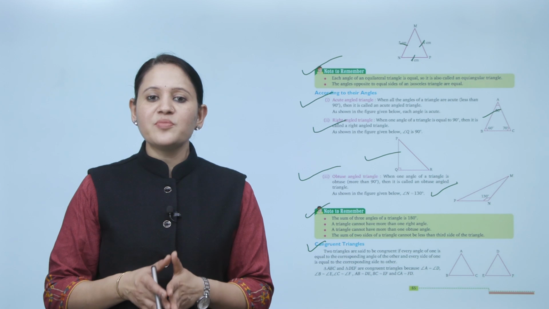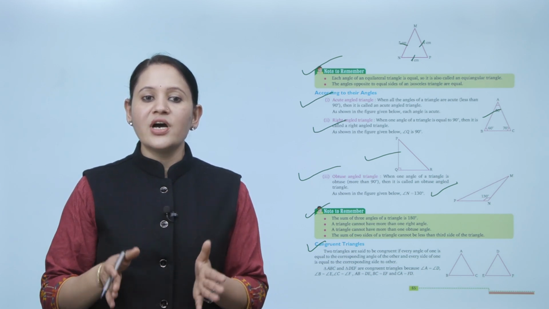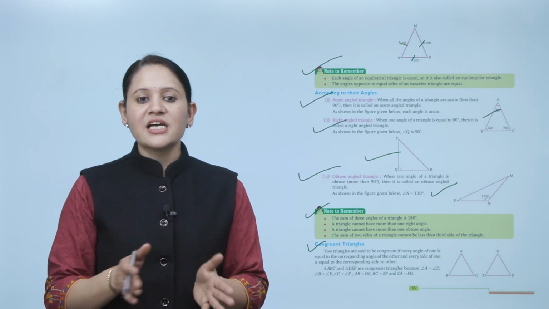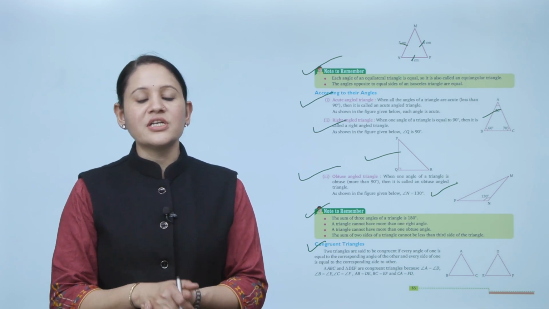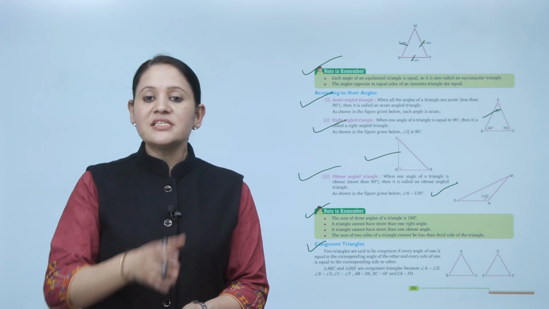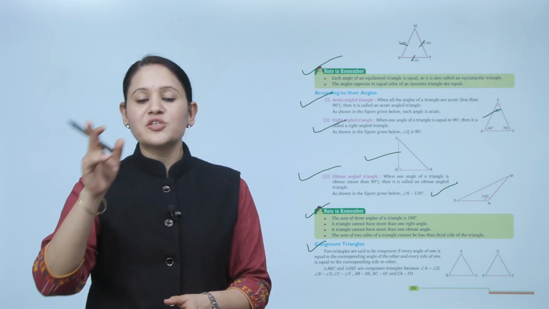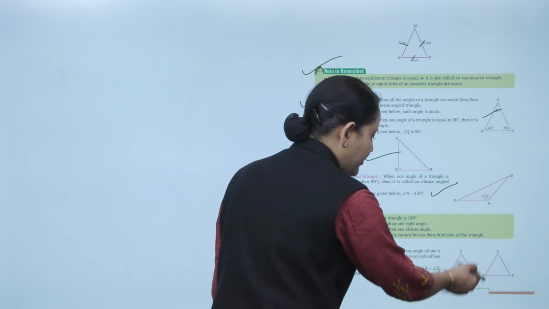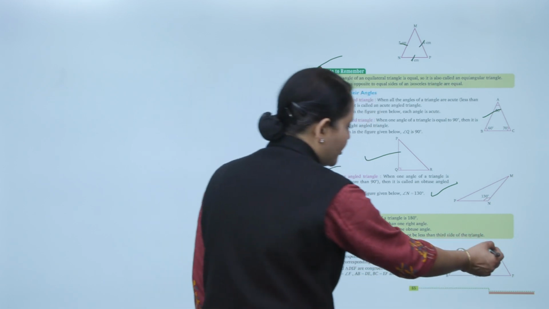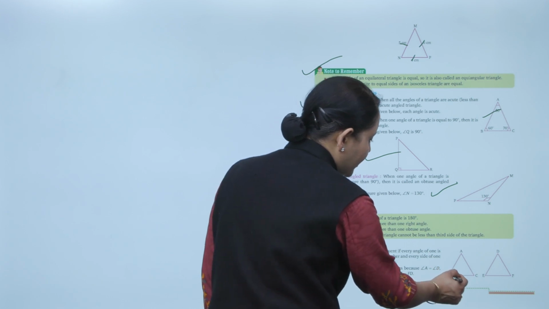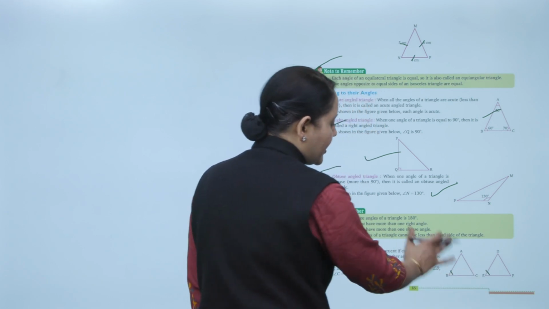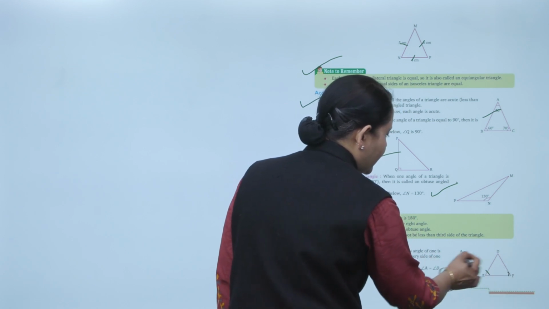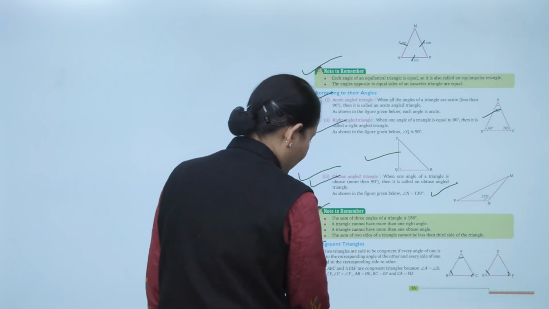Two triangles are said to be congruent if every angle of one is equal to the corresponding angle of the other, and every side of one is equal to the corresponding side of the other. Means every angle is equal to the corresponding angle. Suppose we are talking about side AB, so that should be equal to DE, and this angle should be equal. AC should be equal to DF, and this angle should be equal. That means they are